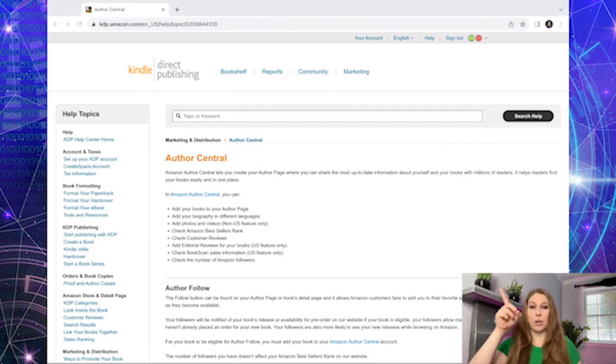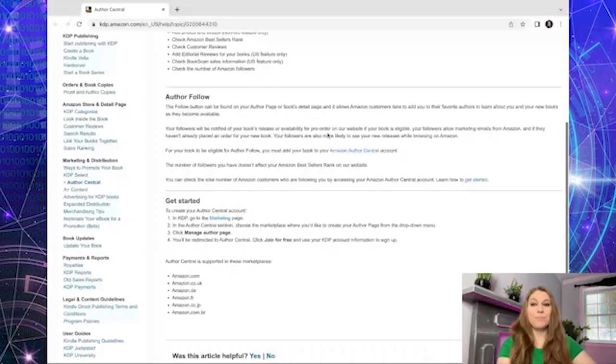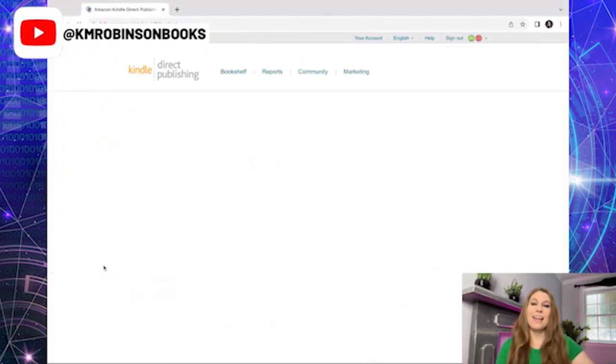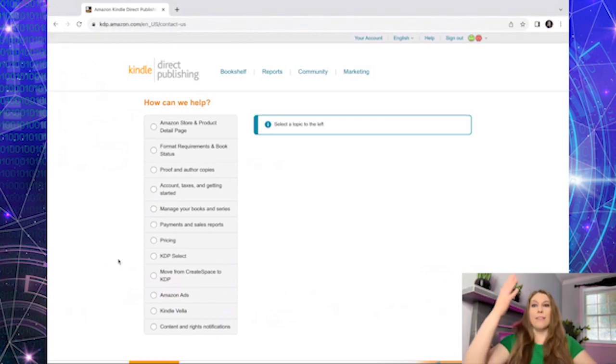You're going to go to this page. I will link it down below, but it's right there. You can copy that and you can type that in as well. Once you get to this page where you are going to be able to access support, you're going to go to the Author Central section of it, and you're going to scroll down on the bottom. When you do, there will be a yellow Contact Us button. You're going to be able to click on that, and it's going to take us over to this page,